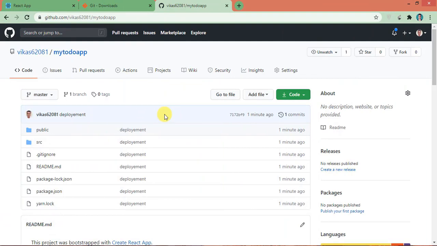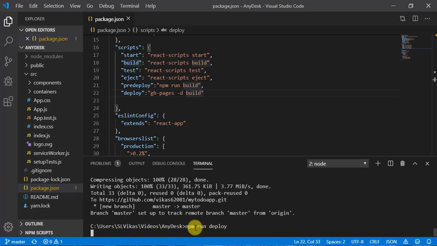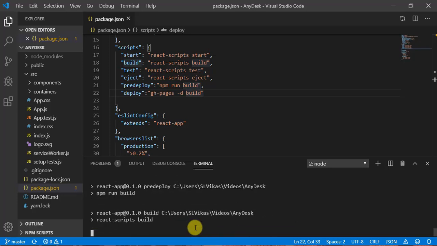Let's deploy this application. So for that, here I need to write npm run deploy, okay, and hit enter, okay. So what it is going to do basically, so it will create a build file for me, okay.